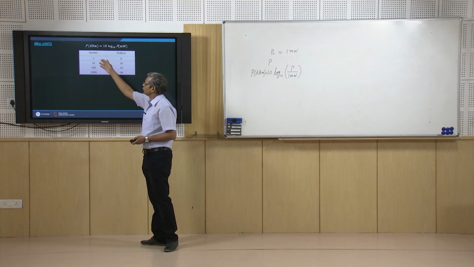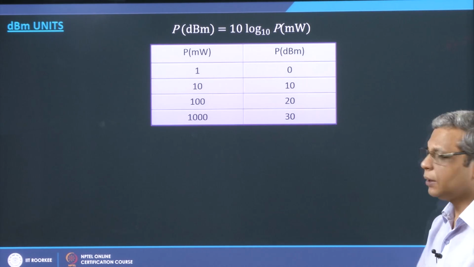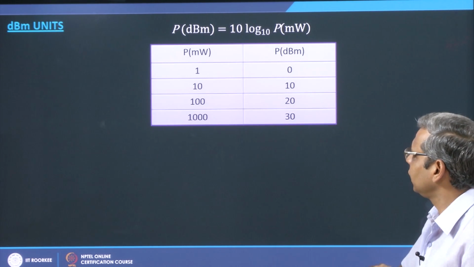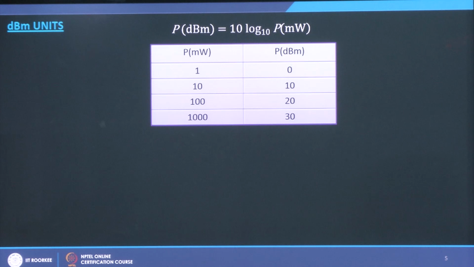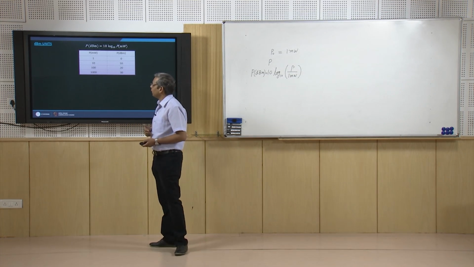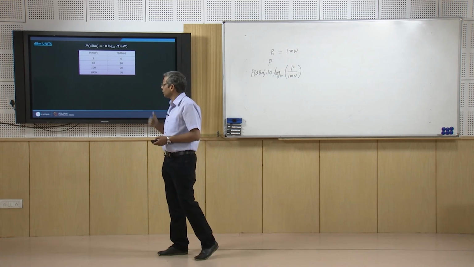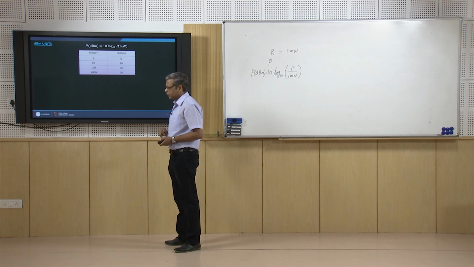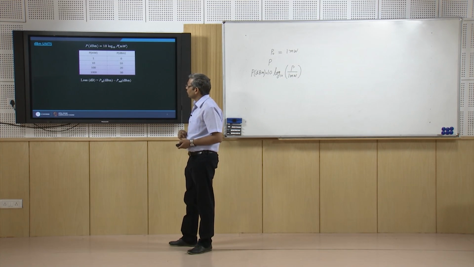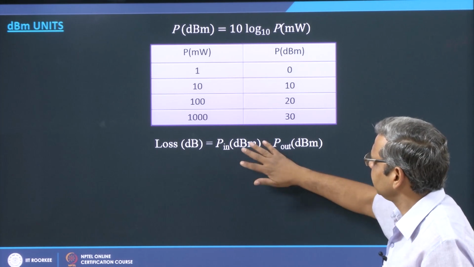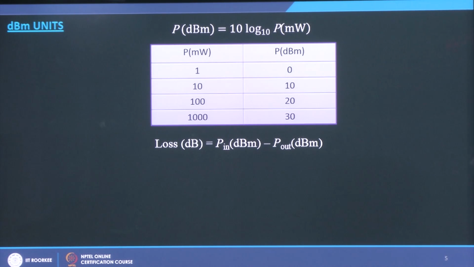If the power is 1 milliwatt, then it is basically 0 dBm, a 10 milliwatt of power is 10 dBm, 100 milliwatt power is 20 dBm, and 1000 is 30 dBm, and so on. Similarly, if I go below 1 milliwatt, let us say I have 0.1 milliwatt power, then it is minus 10 dBm. So, in this way we will represent power, and using dB units and dBm units, the calculations become very easy. For example, I can now represent loss by simply this P in dBm units minus P out in dBm